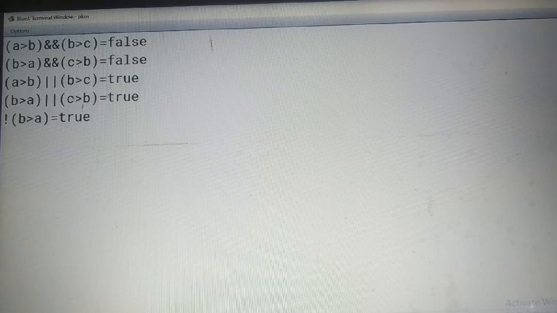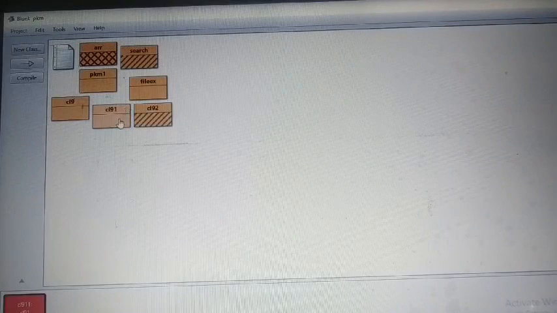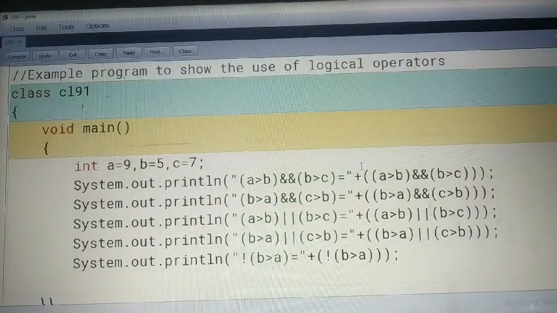Clear? So this way we have seen the use of logical operators. First you will very carefully see how I have written the logical operators. First, individual cases will be attached with logical operators, and then they will be combined in a parenthesis. If you make any mistake regarding parenthesis, your program or statement will not run. So be careful how I have written, practice on the computer. Please make your program. Okay, so let's proceed to the next topic.